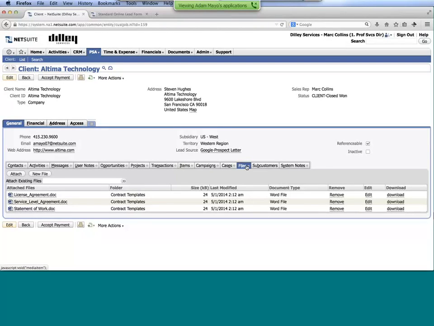What I want to do now is walk through a full cycle, starting with the lead and how we go in and scope it, create the project, and perhaps even sell some products that would coincide with that. So what I'm going to do is navigate over into our sales rep.